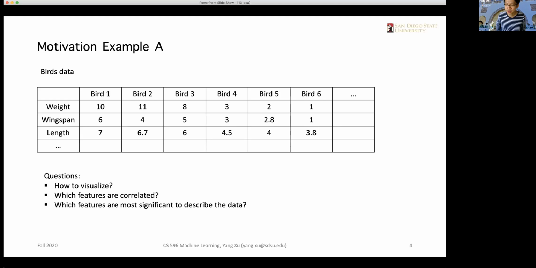They are not totally independent features. That makes it more complicated because we need to choose the features to describe the data, to represent a bird. If we want to plot all the data points, which two dimensions do we need to choose so that the visualization is most